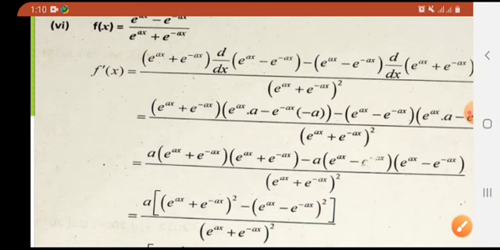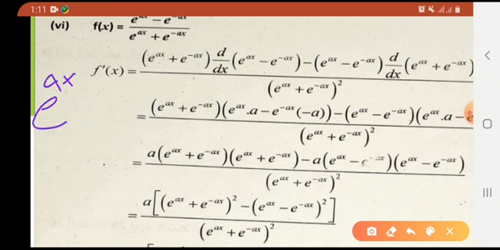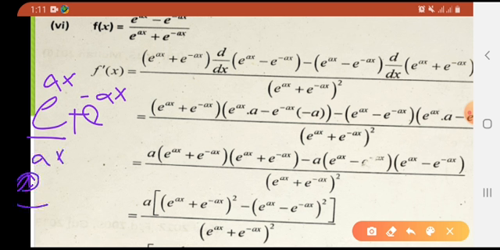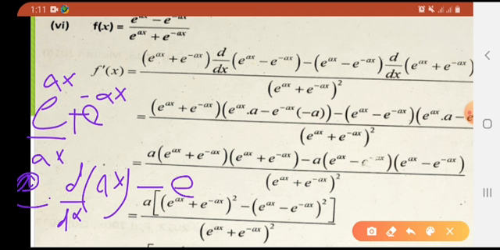Let me explain the derivative to you, and then the rest is up to you. Okay, what would be the derivative of e raised to the power x plus e raised to the power minus x? The derivative of e raised to the power ax, with a being a constant outside. Okay, first we discuss its derivative. We know e raised to the power ax would be e raised to the power ax into the further derivative of ax, minus e raised to the power minus ax, which means e raised to the power minus ax as it is into the further derivative of minus ax. So let us get to know the answer.